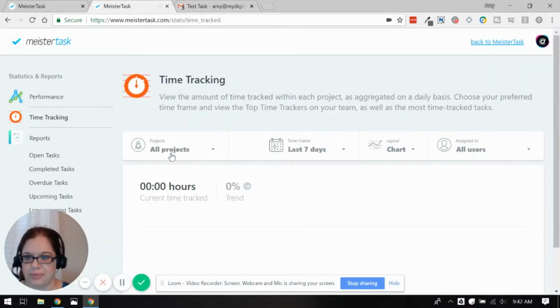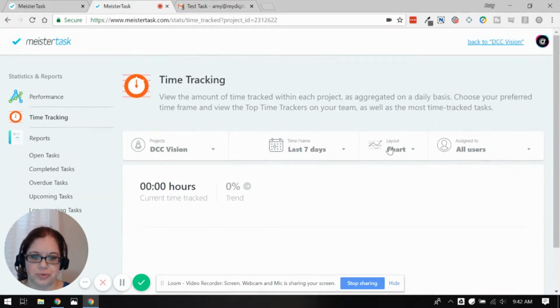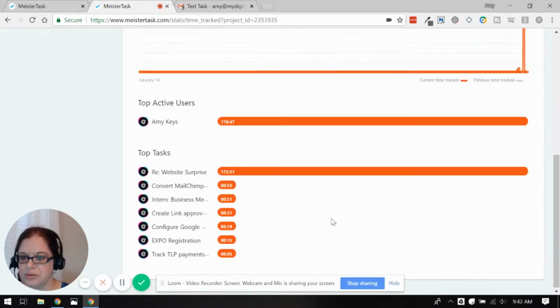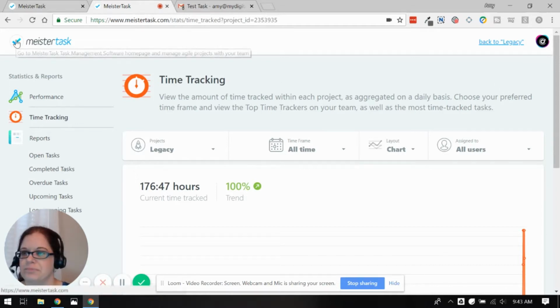You can also track by project and see the total time. You could do it by user as well, change the kind of chart, change the time frame. Here's a look at how it's showing this here by tasks. Now, somewhere I had seen earlier where you can export this to CSV. So it just saves me a step using the Toggle timer because it's automatically doing that export for me. It's automatically dropping it. I could make another Zap that automatically downloads the CSV, but that just for me might be a little more trouble that I don't want to have to do. But now you know how that works.